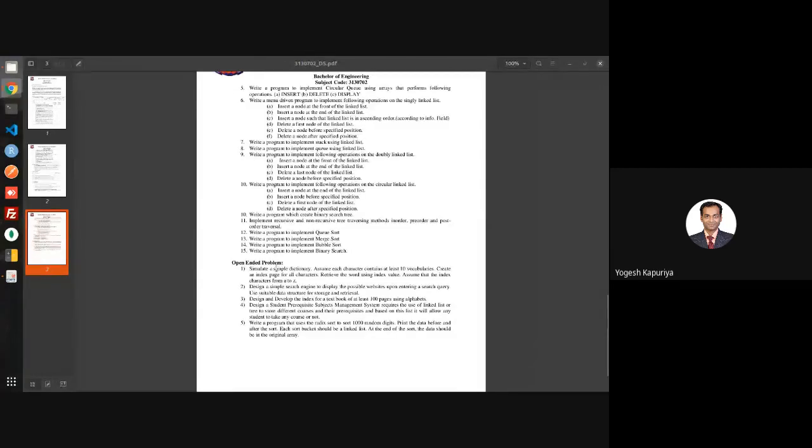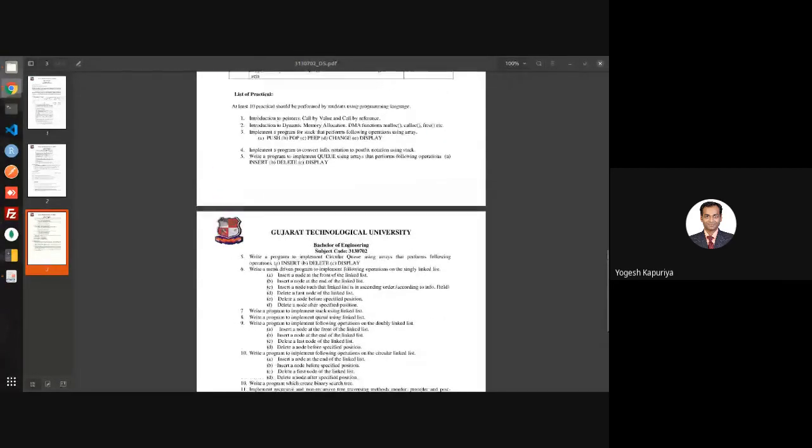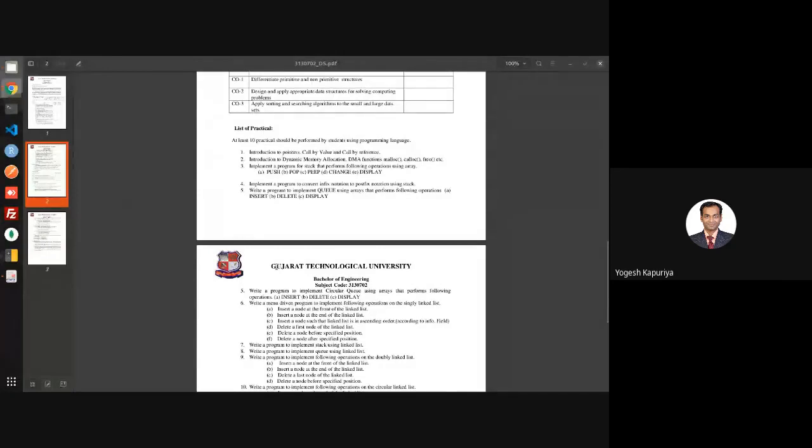Statement, there are basically 15 problem statements, right? But let's have a quick overview of problem statement first. The first two problem statements are basically